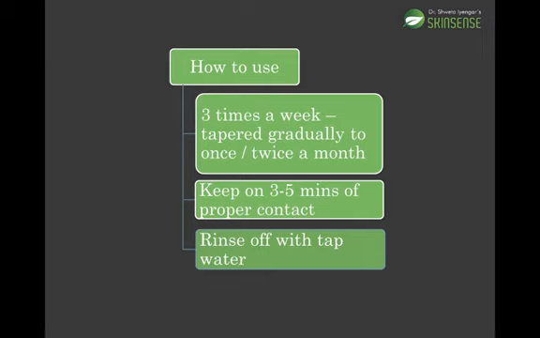So we say, please apply the anti-dandruff shampoo and then brush your teeth, probably use a face scrub, use a body scrub, take a body bath. Make sure that you spend some time with that product on your scalp, and then if possible, rinse it with tap water, not with very hot water, because again we are trying to control the